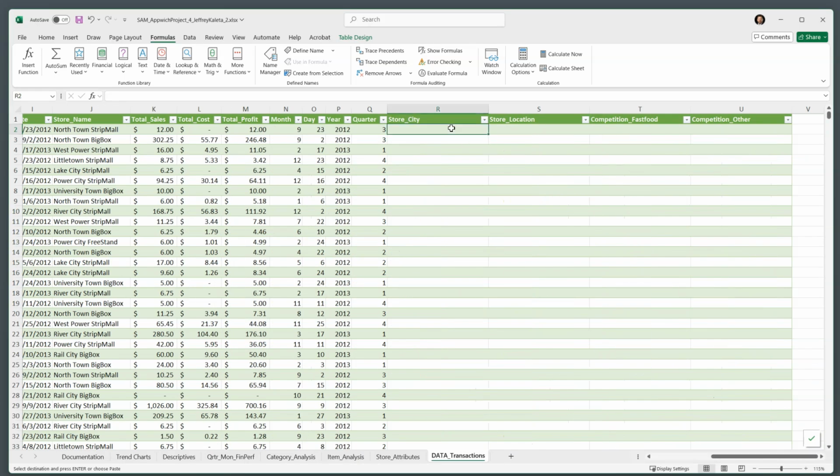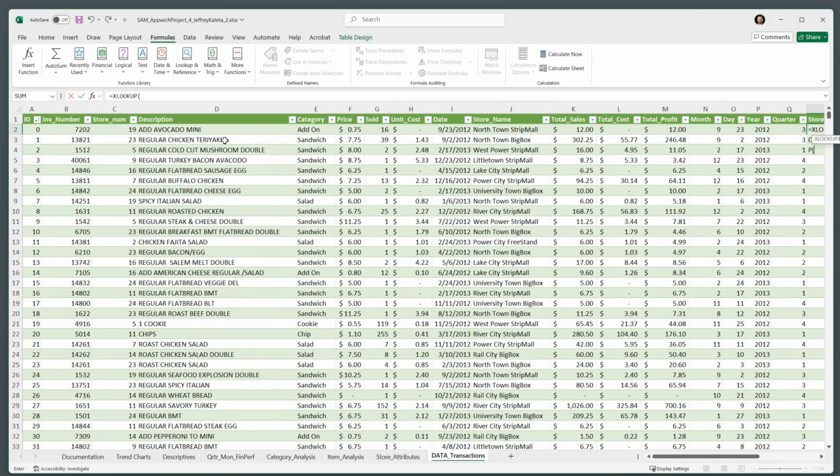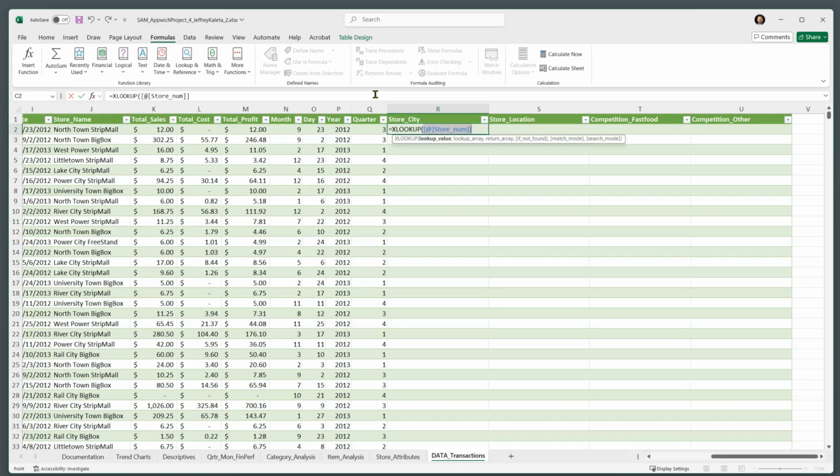So I actually have this in figure 1 on the instructions, but let's go through it slowly. I'm going to go equals to XLOOKUP, and I want to look up the value of our transactions table and the store number. And I'm just going to click on it for now. Now, one of the things that I want to do is copy this formula from left to